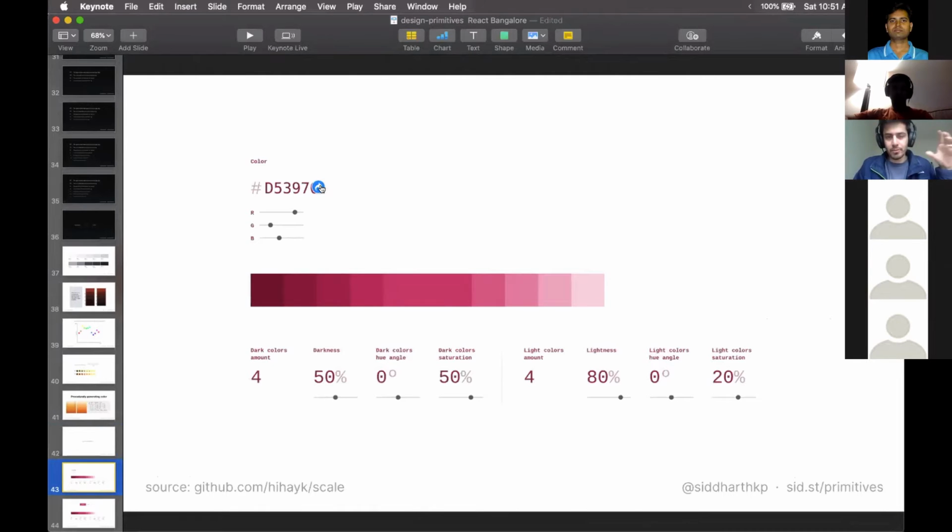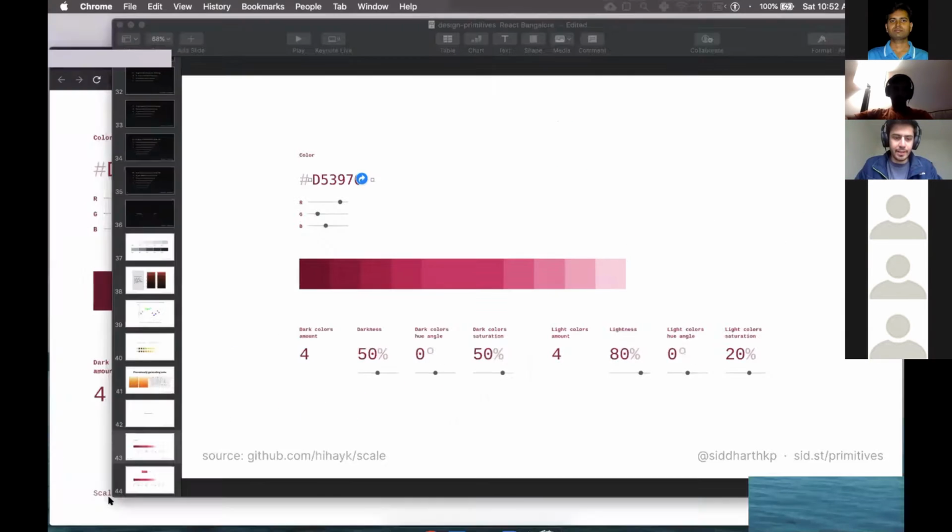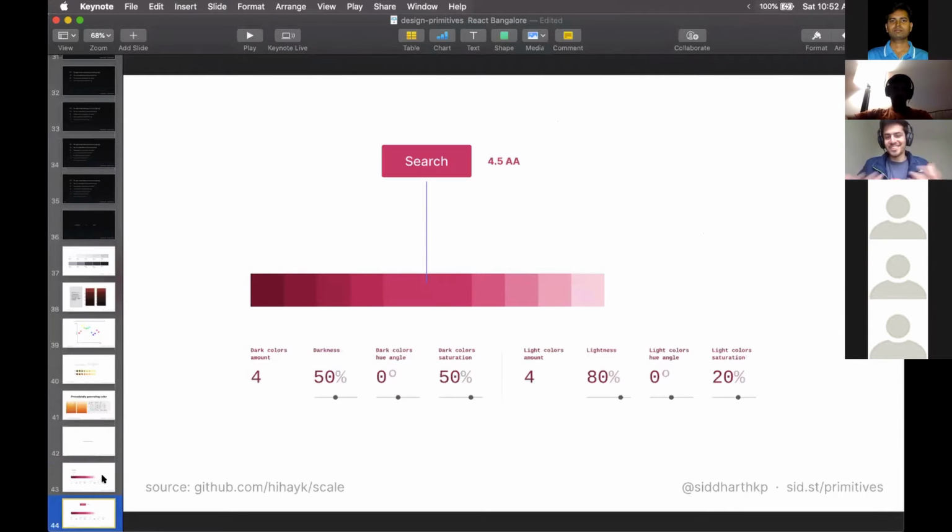For the Airbnb kind of site that I was creating, I needed that pink, right? So I took one pink that I thought was okay, and then I rotated by -5. Again, this part is still hit and try, but I was going for a darker pink and a lighter pink shade so that I get a whole scale. And my trick, this one is not backed by science, it's just my personal trick, is that when I choose the middle color, I try to choose what the button would be like, and if I put some text on the button,